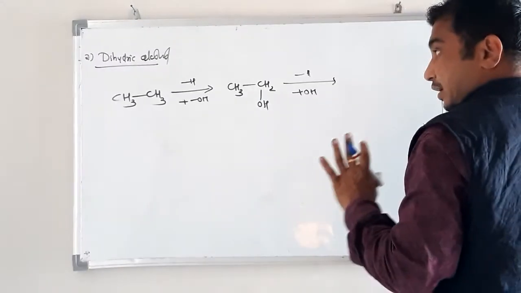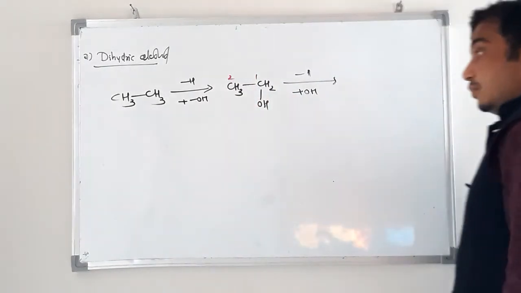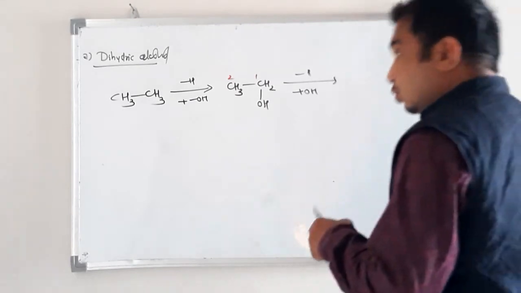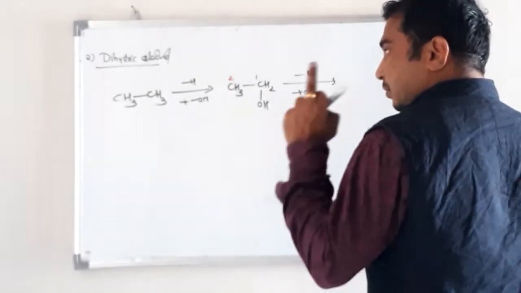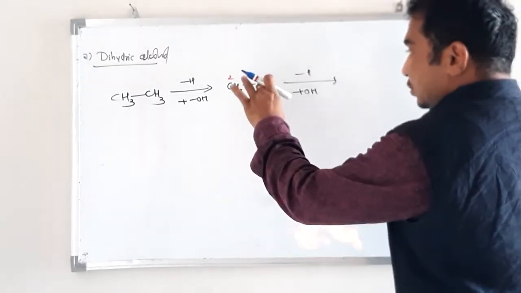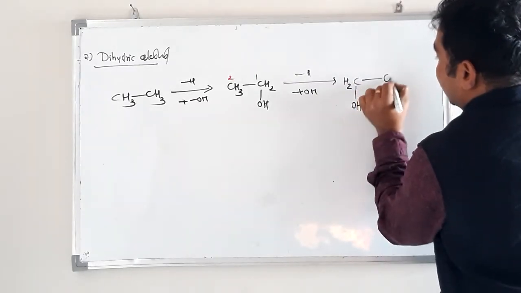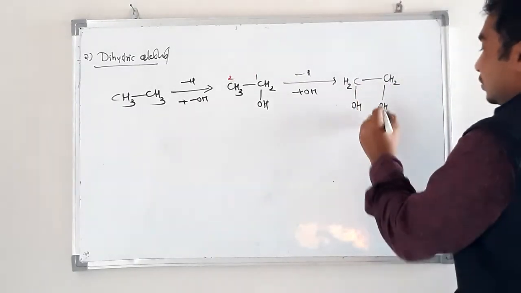Again replace one more hydrogen by an OH group. Now it is not possible to replace a hydrogen atom from carbon number 1. We have to replace hydrogen from carbon number 2, because one carbon takes only one OH group. More than one OH group cannot be attached to the same carbon atom, remember. So the OH groups are on carbon number 1 and carbon number 2. Now what is this compound? This compound contains hydroxyl groups attached to aliphatic carbon atoms, which means it is alcohol.